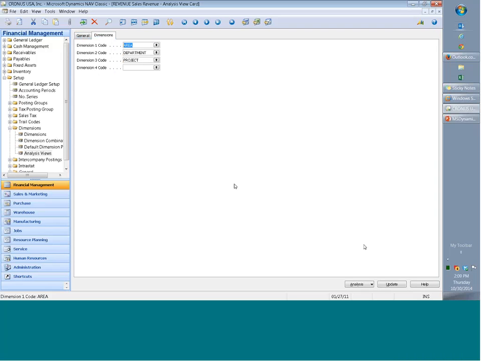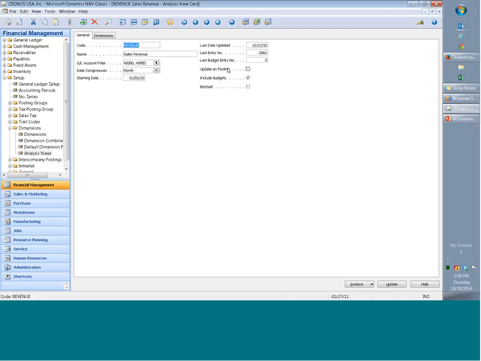Generally, what happens is the system, as you can see, there's an update button here. It can be set up to update on posting, which means this analysis view is automatically updated every time a posting happens, or otherwise you would have to go and update manually. Obviously, the easy way is to set up update on posting, which will basically do it every time someone posts